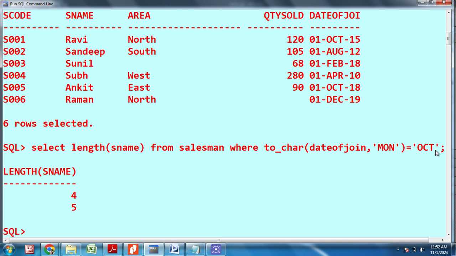It gives 4 and 5, where the month equals October. October is this one and this one. The length of s name Ravi is 4, and for Ankit the length is 5.